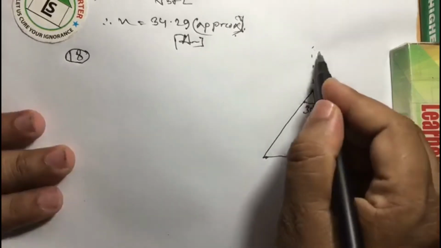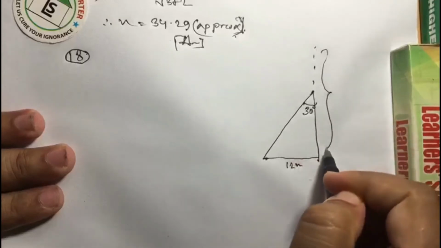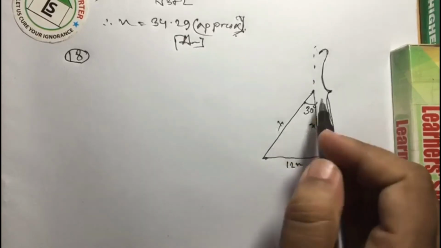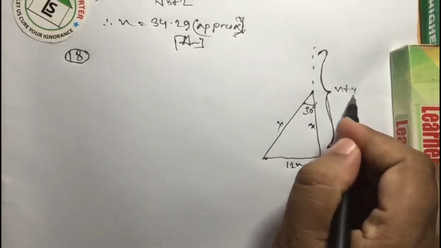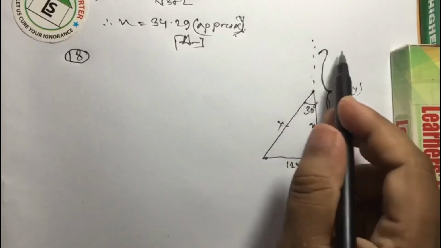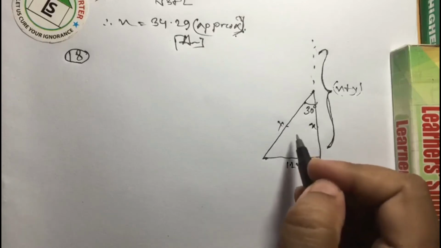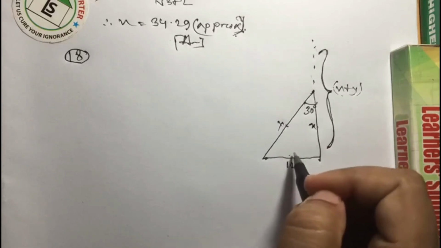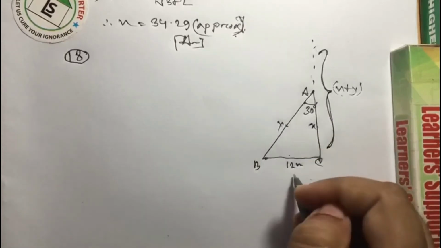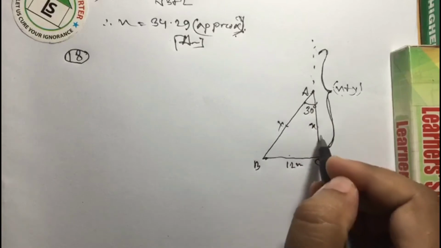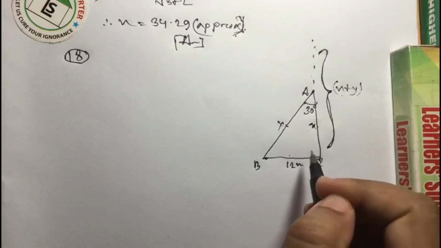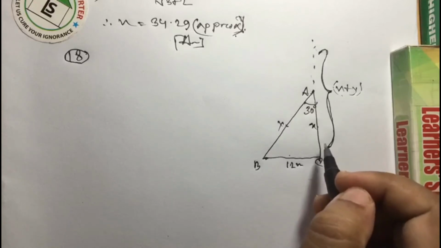I have to find out the length of the whole tree. I have thought that this is x and this is y, and the length of the whole tree is x plus y, because this y is the standing part which has broken. X plus y equals the total length of the tree. At first I will make a relation between these. Since we have taken the angle here, the opposite will be BC, and the adjacent is AC, and AB is the hypotenuse. So at first I will make a relation between adjacent and opposite.